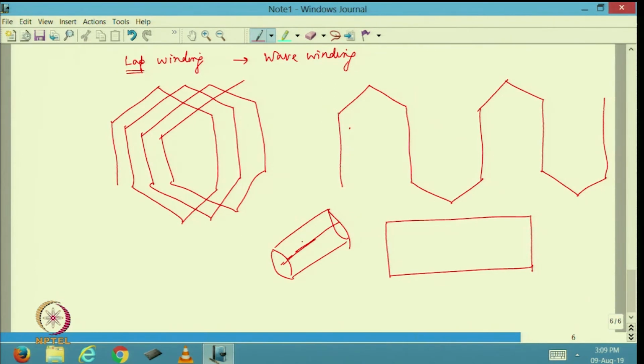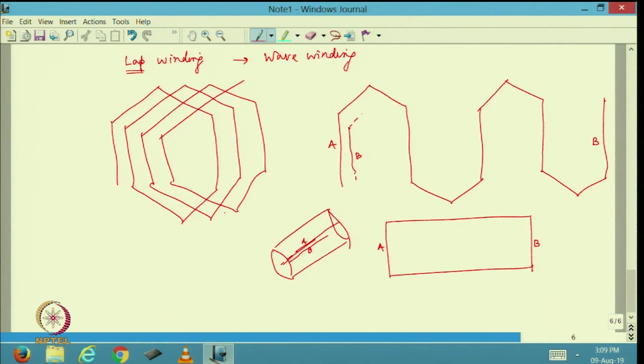If this portion is A and this portion is B, so this is essentially A and this is essentially B, and when I fold it, it can become like a cylinder. So you can imagine when this winding is folding back, if I say this is A and this is B, it will essentially come closer to B. This is what is actually B. So this is going to go further and further.